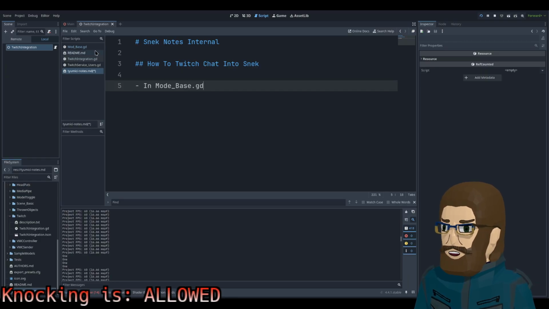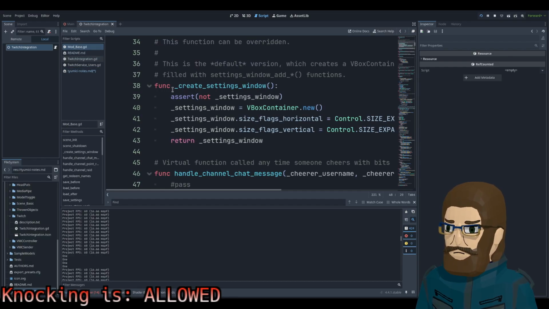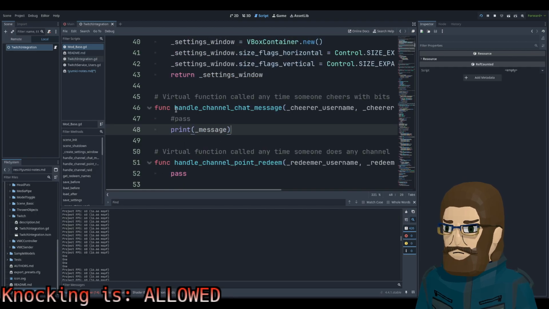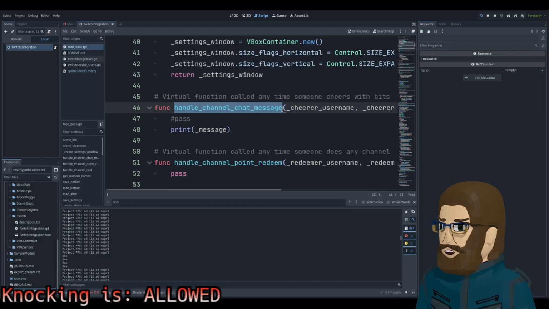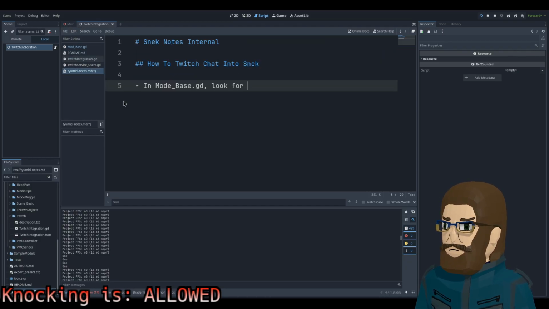Mod base GD. Look for where are you? Now this is a virtual function. I don't actually know what that means, if I'm being frank. Look for this guy.